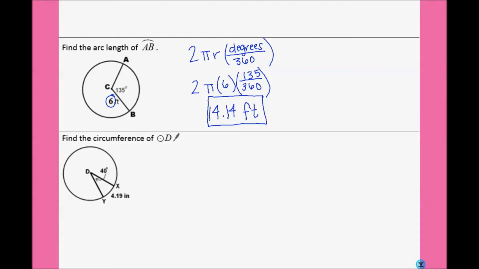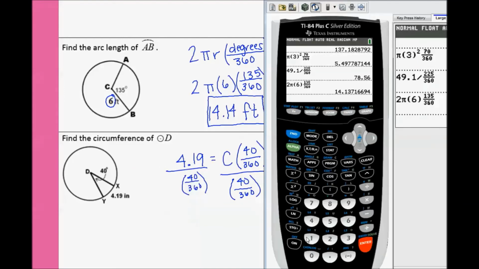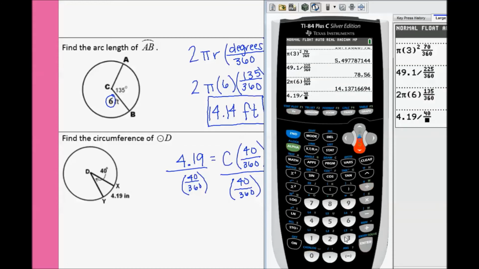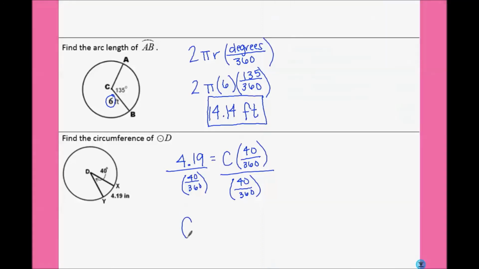Find the circumference of the circle D. So again, we're going to have to work backwards. We're given the final answer, so 4.19 equals the circumference times 40 out of 360 degrees. So we're going to divide both sides by 40 over 360. 4.19 divided by 40 over 360, and we get that the circumference was